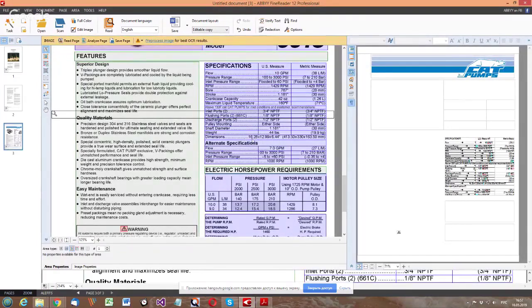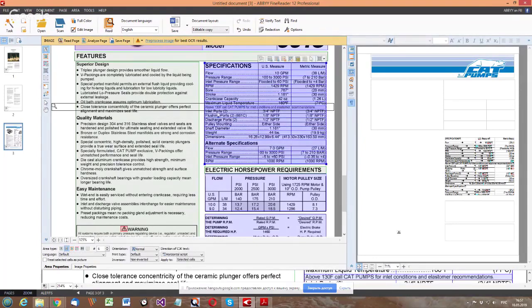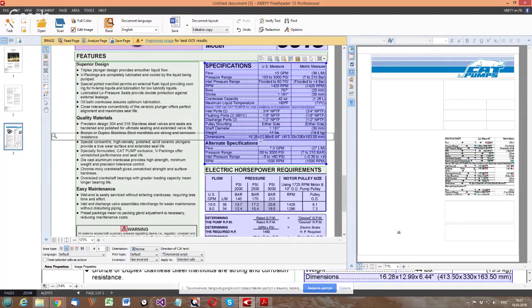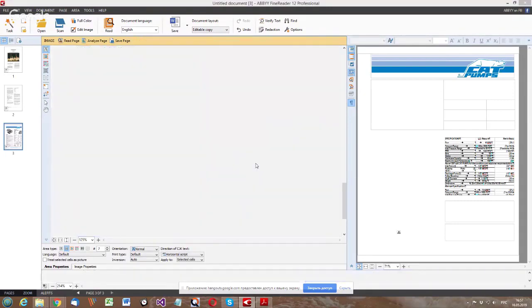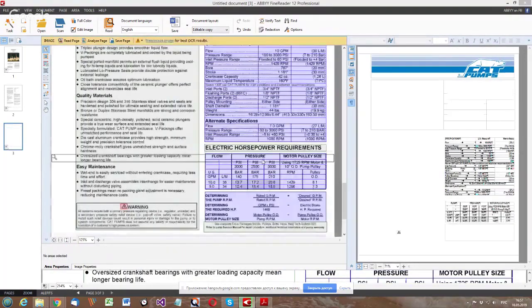I can see that basically Finereader did a good job. It actually even merged these 3 cells here. But the only problem I can see is this particular row. But I think I can fix this issue inside Microsoft Word. For the second table, I can also click Read. It will recognize the table structure for me.